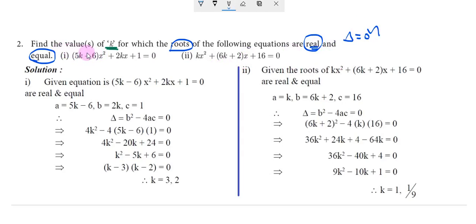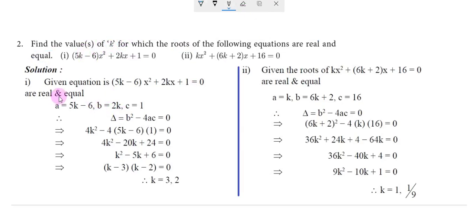Next, using its nature, we should find the k value. In the previous sum and for this sum there is a slight change. In the previous sum we discussed the nature of the roots, but here we don't want to find the nature because the nature is given already. Roots are real and equal, right? So its nature is given, but we should find the k value. Understood? A slight change.